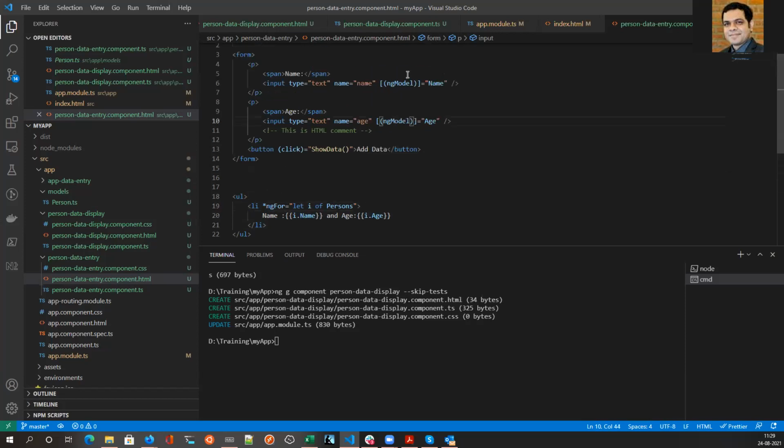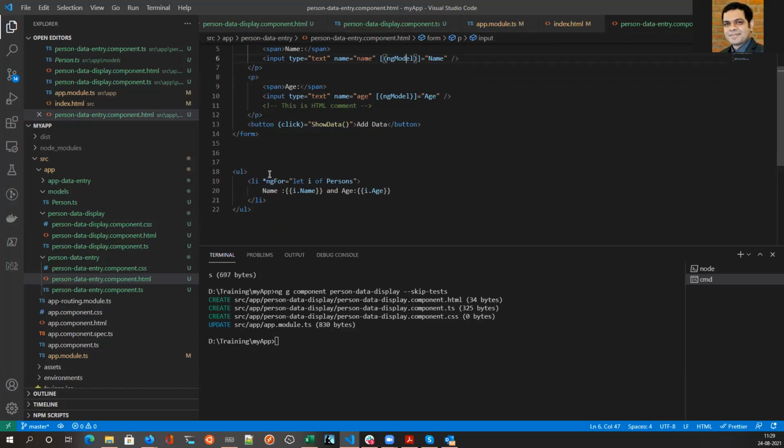Whereas ngModel doesn't modify the DOM, it is just for value purpose or events. It does not do anything on the DOM as such. So that's the difference that you have to keep in mind. Whenever you are defining your own directives, if it is modifying the structure of the element, then you should give the star in front of it. This is a recommended practice, not a mandatory thing.